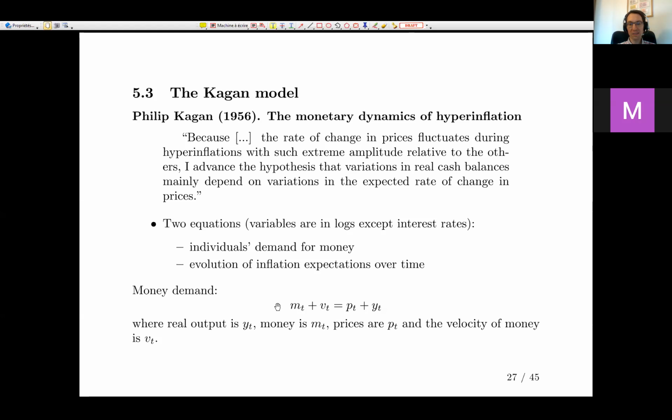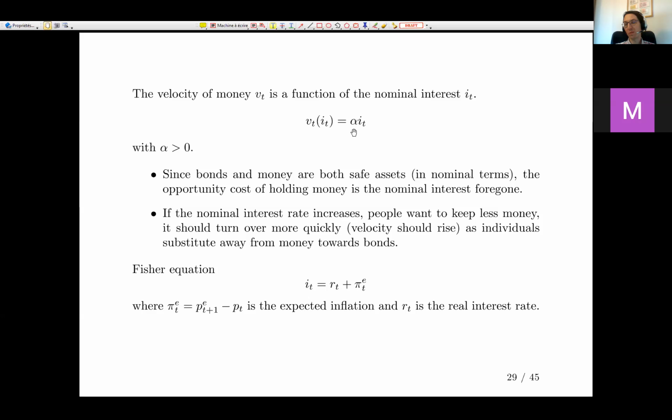And how does that work? Alpha here is positive. It can have any positive value; we're not saying. And why do we have this link? Simply because if I can go to the bank and receive a very good interest on my deposit, then I want to keep my money in my pocket as little time as I need, so I can run back to the bank, put it in the bank and have a good interest on my money.